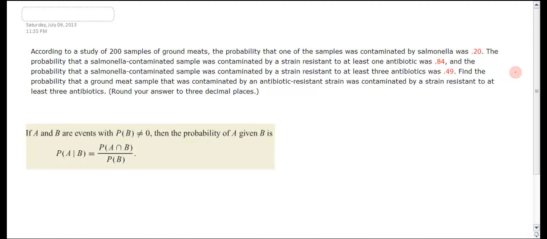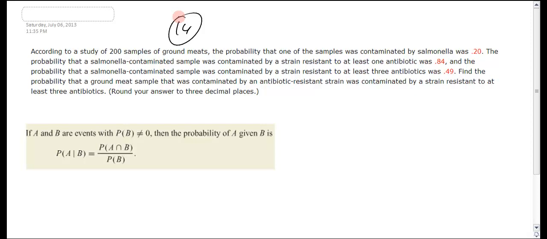Okay, so here we are, problem, I believe it's number 14, and it's the contaminated salmonella problem, and so I'm going to give you guys my big hint that I usually give, which is, so yes, you